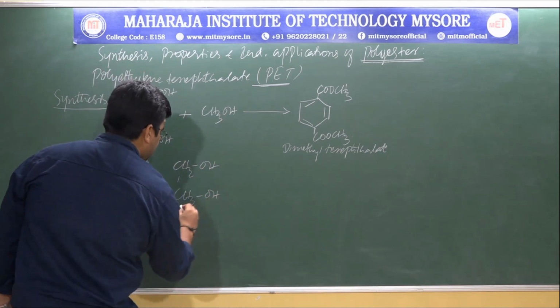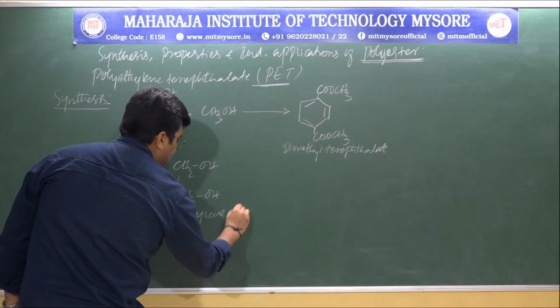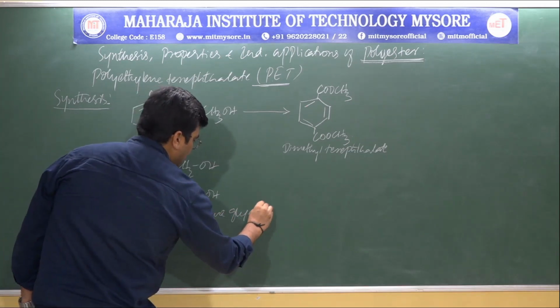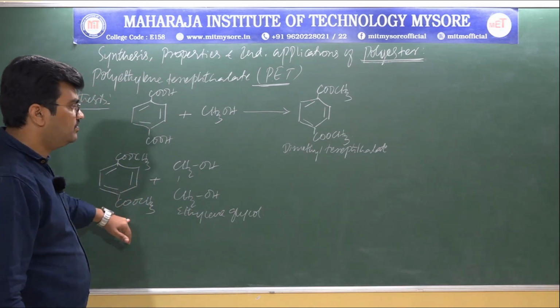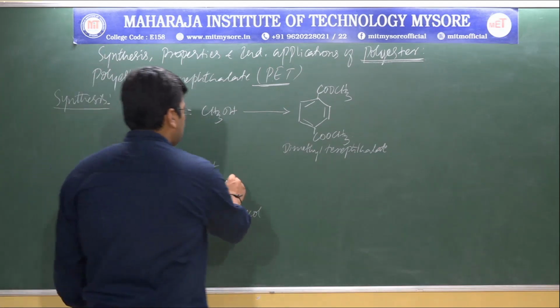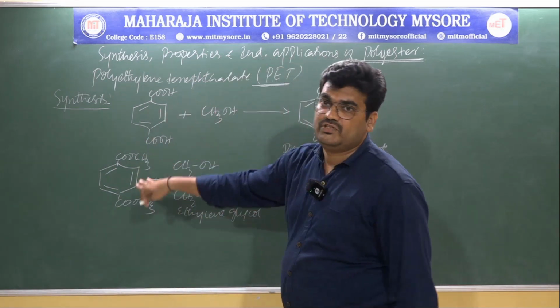This is called ethylene glycol. Ethylene glycol is a dihydric alcohol, right? If we treat dimethyl terephthalate with ethylene glycol, it is going to give diethylene glycol